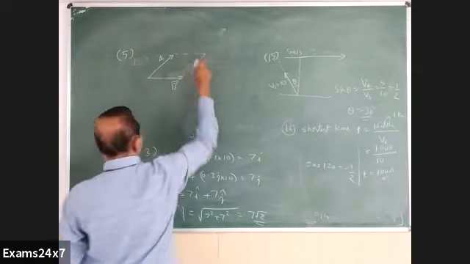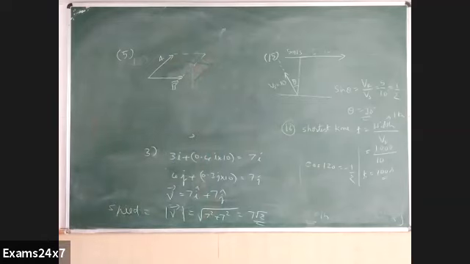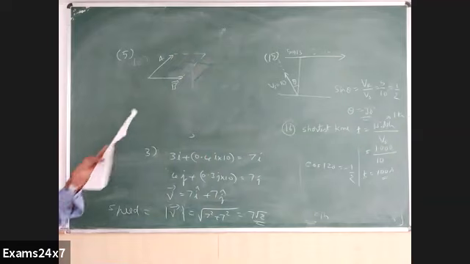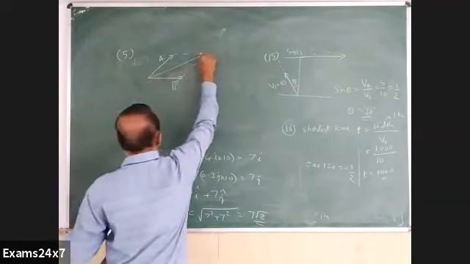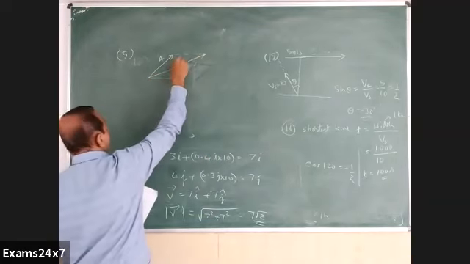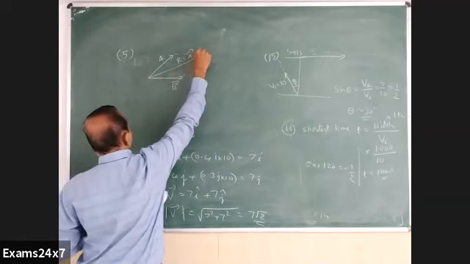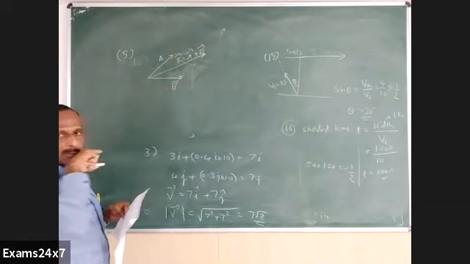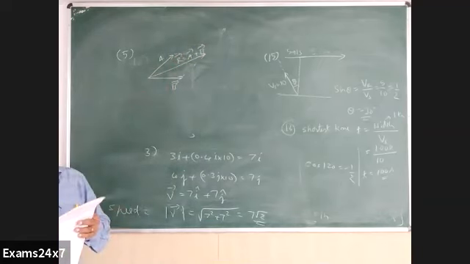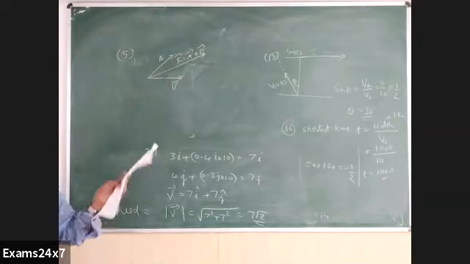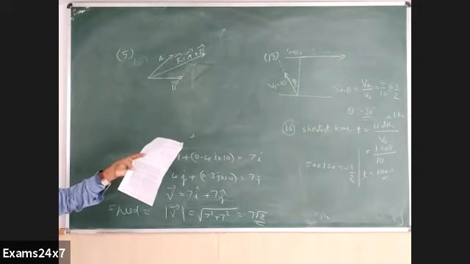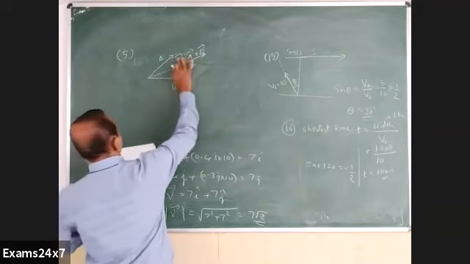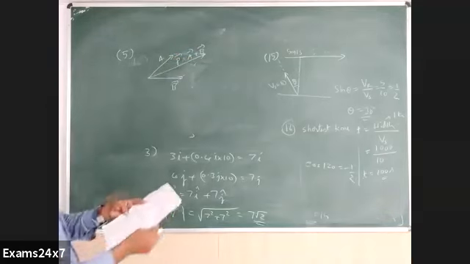What is vector sum in this figure? Vector A plus vector B is nothing but resultant, which is given by law of parallelogram of vectors. The diagonal gives the resultant here, or exactly vector A plus vector B. Don't write, this is not the answer. I'm trying to give you some clue about this. What's happening here? Two vectors A and B have a resultant P, given as P here. P is the resultant of two vectors A and B.